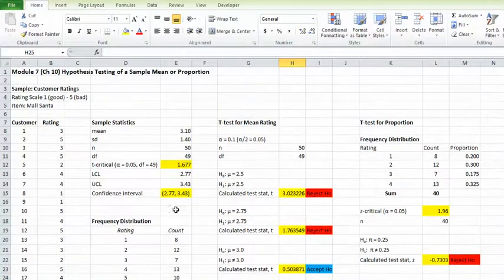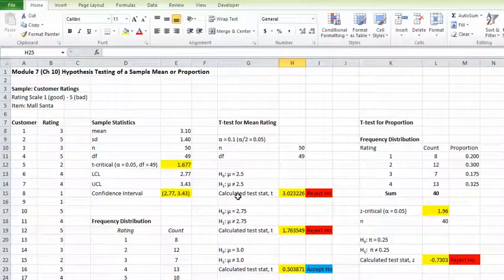Well, look, we were at the 0.1 level. And again, this is my t-critical. The alpha level is 0.1, but this is where I went in the table to get a 0.1, right? Yes. Okay. So we're comparing the same thing in both cases. When we made our confidence interval, we said we were 90% certain that the value should fall between 2.77 and 3.43. When we did our hypothesis testing at the same 90% level, we said, no, we